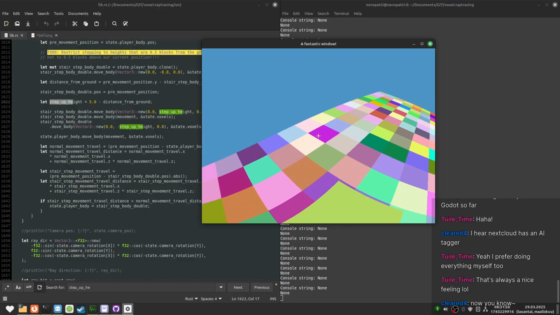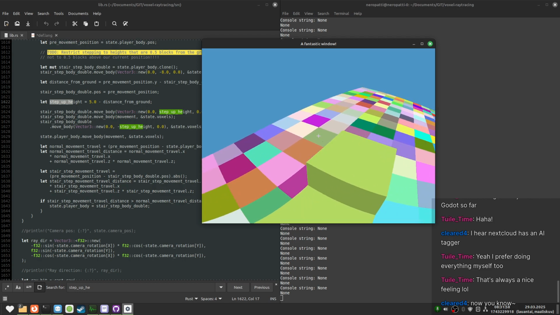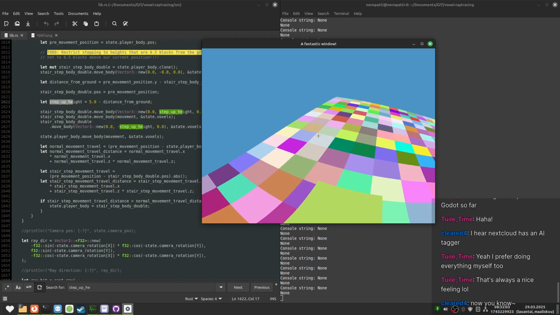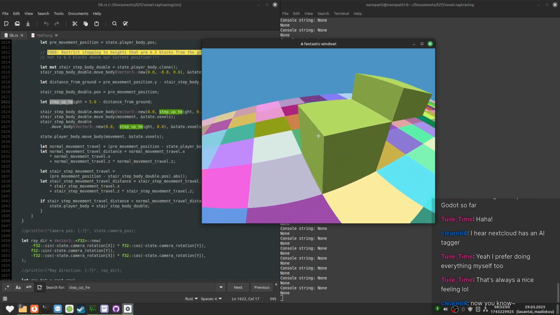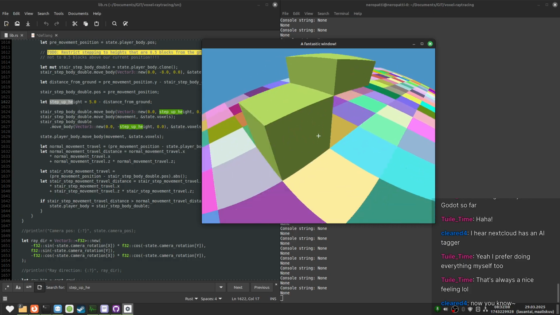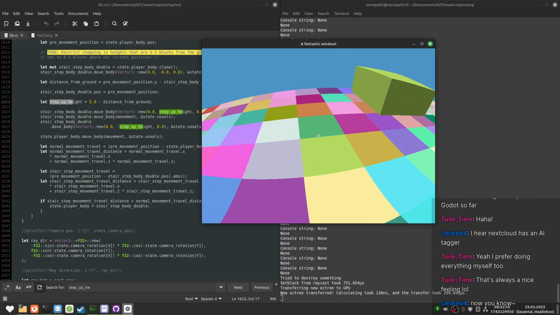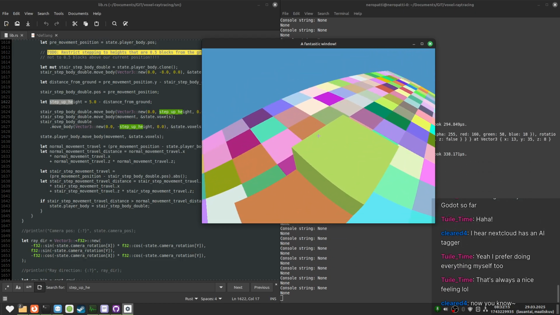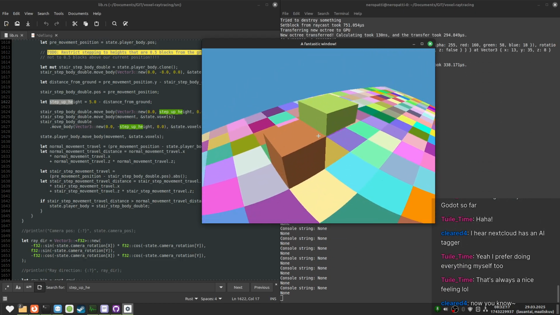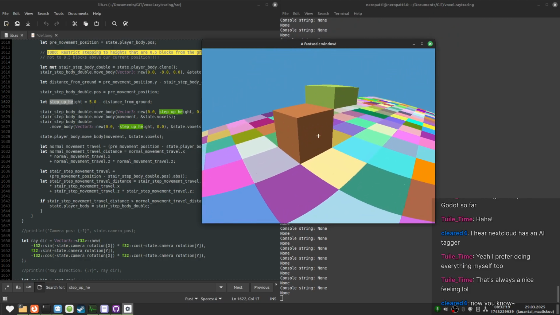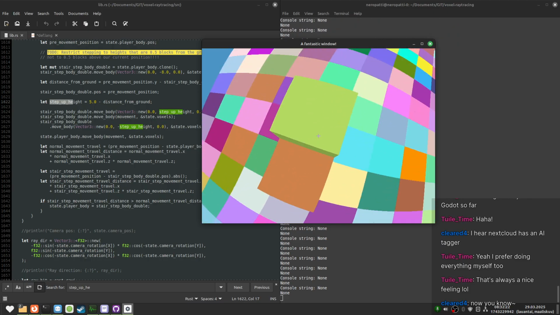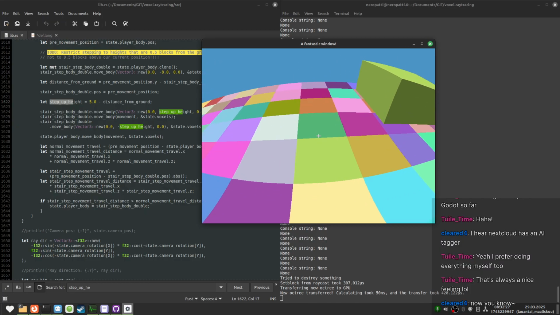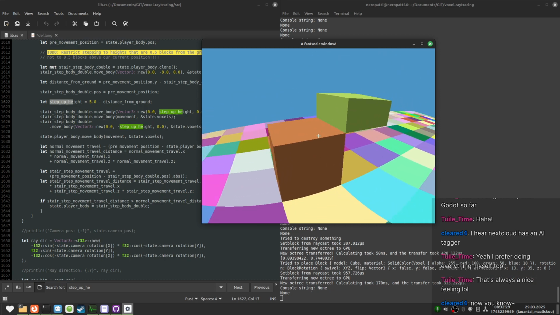I guess it's fine. But this is something I can think about later. The strange thing about this behavior is, if this block was a death block or a trampoline or something, then I would be able to jump on top of this thing. I mean, if landing on it did something, I would be able to jump on this slab using this as a step up platform, but never triggering the behavior of this block, right?